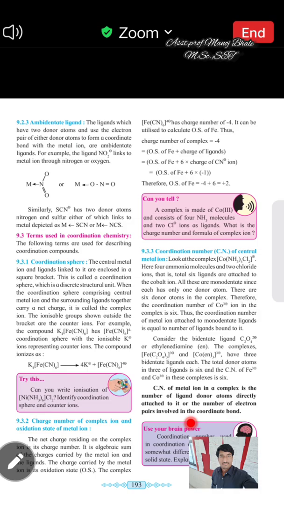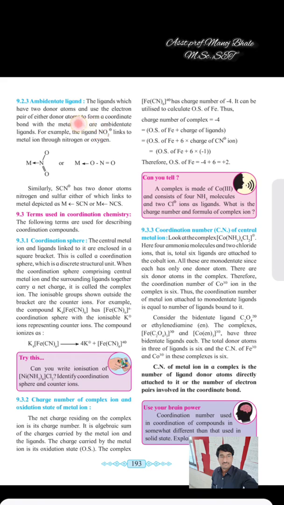Also we are seeing the next type of ligand, that is ambidentate ligand. In an ambidentate ligand, there are 2 donor atoms present in a single structure. One example given there is nitrite and thiocyanate. In the first structure, the ligand is attached through the nitrogen. In the second structure, the ligand is attached through the oxygen to the metal. So this is the example of the ambidentate ligand.